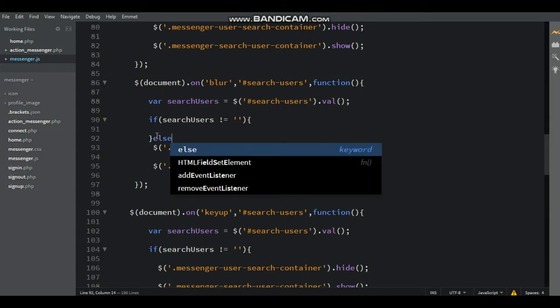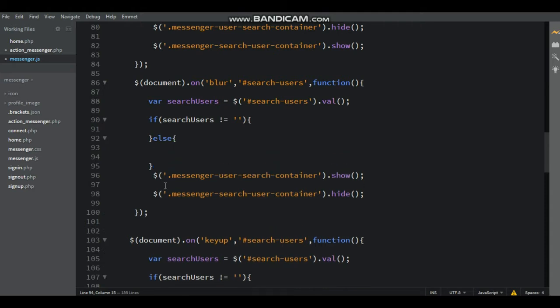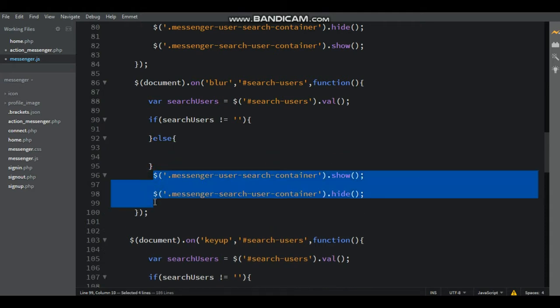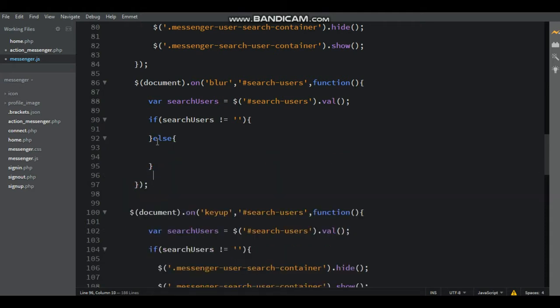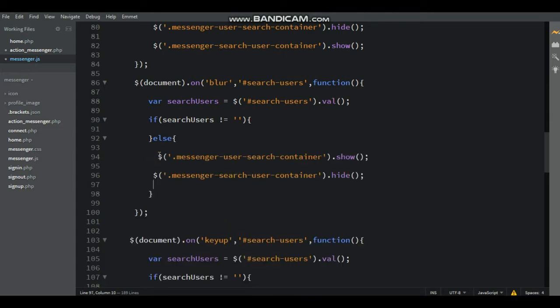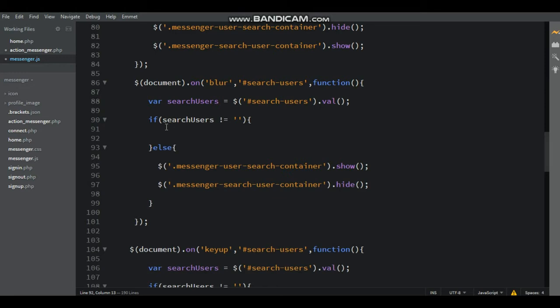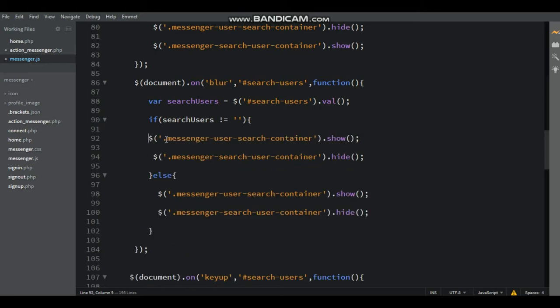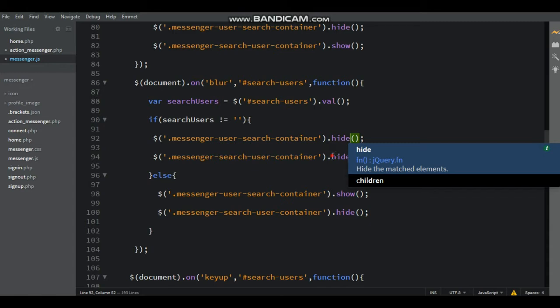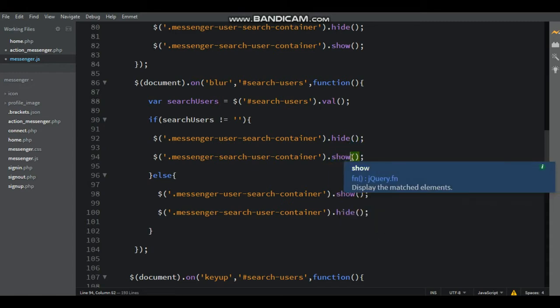In the if function, if search users is not equal to null, else, just cut the search users hide and chat users show. If it is not null, here the changes: chat users hide and then search user show, and save the file.